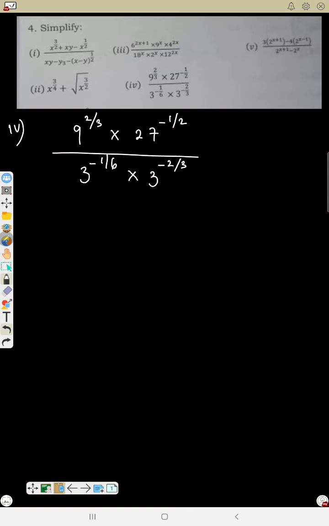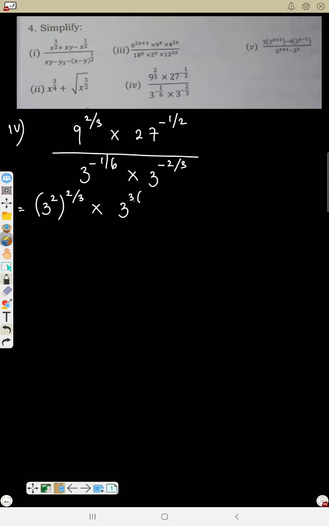Now change everything to its index form. This will become 3 squared, because 3 squared is 9, raised to power 2 over 3 times